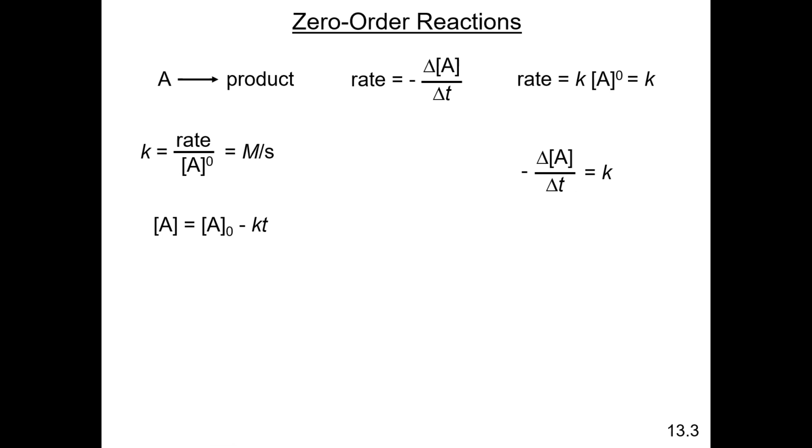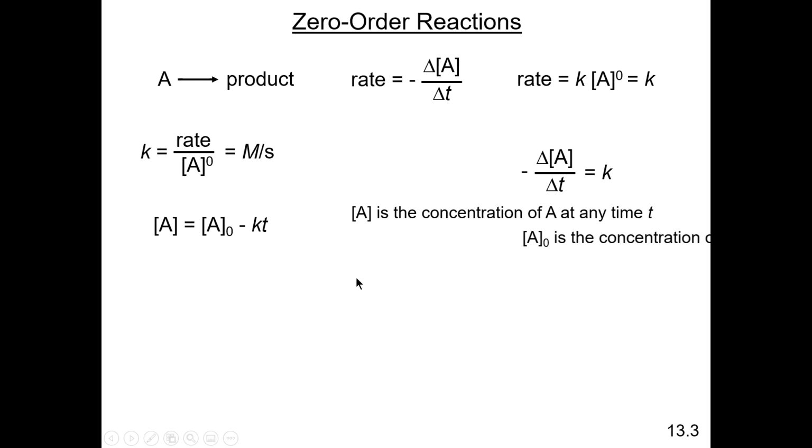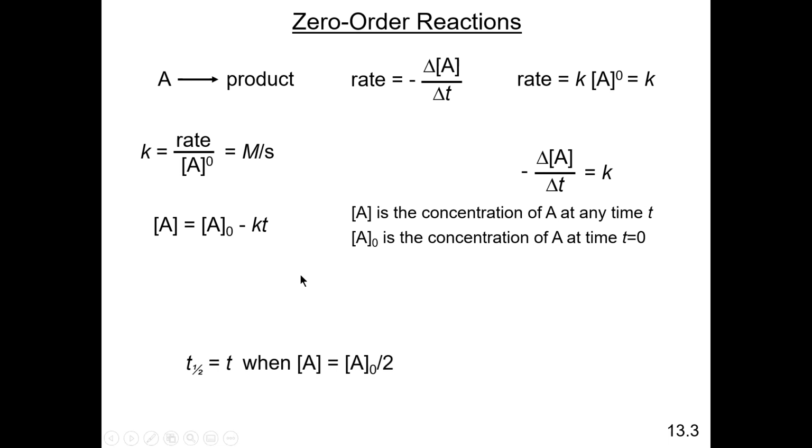So in any case, this equation relates the concentration of A at any time to time, right? So basically, you can use this equation to make certain predictions about how much of a particular reactant will be present at a particular time, or how long it takes for the concentration of the reactant to reach a certain level. So just to let you know what each of these terms represent, this represents the concentration of A at any time, as I said before. A sub zero is the concentration of the reactant initially at time equals zero. k is of course the rate constant, and t is the time,